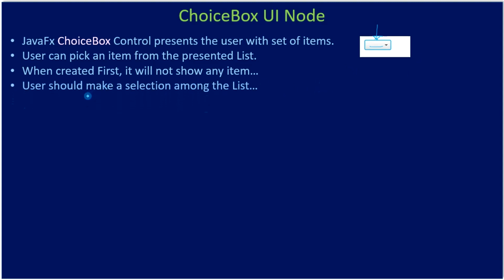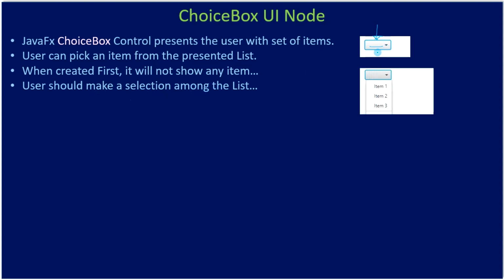The user should make a selection among the list. Once the drop down is pressed, it will present the items. The user can select a specific item, and once they select the item, the drop down will get collapsed. That means to display the items, you have to click on this arrow and it will present the items. From the presented items you can select an item. Once you make a selection, the drop down